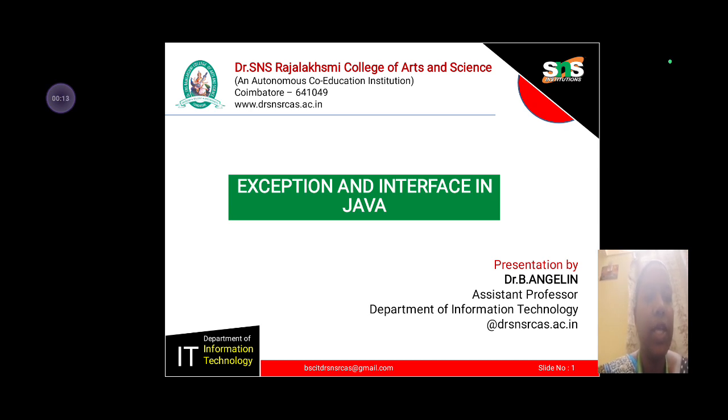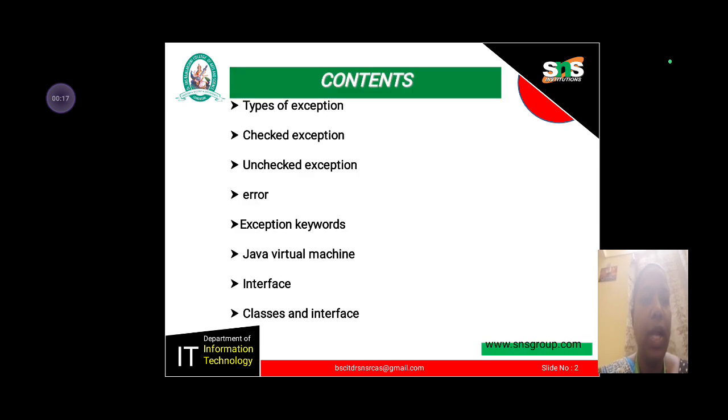Now I am going to explain about exception and interface in Java. These are my contents: types of exception, checked exception, unchecked exception, error, exception keyword, Java Virtual Machine, interface, class and